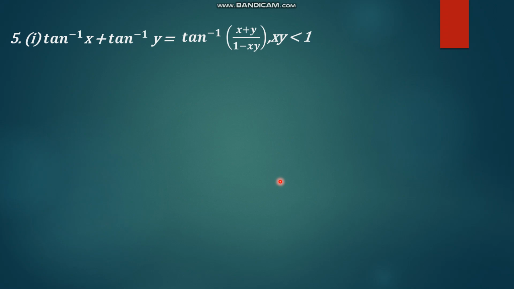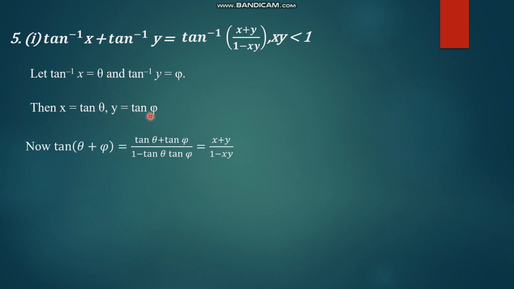Now, in the fifth set of results, this is one of the important formulas while solving the problems also. Tan inverse x plus tan inverse y can be written as tan inverse of x plus y divided by 1 minus xy. What we do here is we will take the tan inverse x as some angle theta and tan inverse y as some other angle pi. And in that case, what happens? X can be written as tan theta when you take tan to the right side,